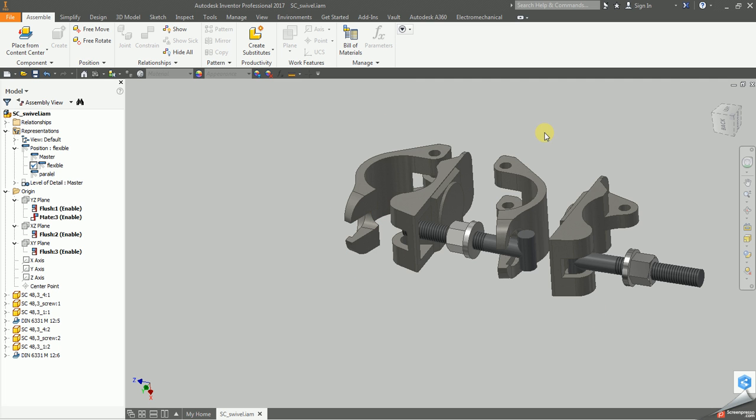So Inventor solved the assembly, so it now looks like that, and clearly these elements are not where they're supposed to be. So this one is not, this one is not, this one and this one and this one, all of those elements, actually no, this one is okay, but this one and this one are not placed according to this constraint, which is indicated as being used,